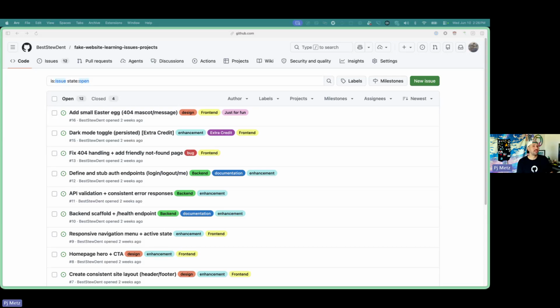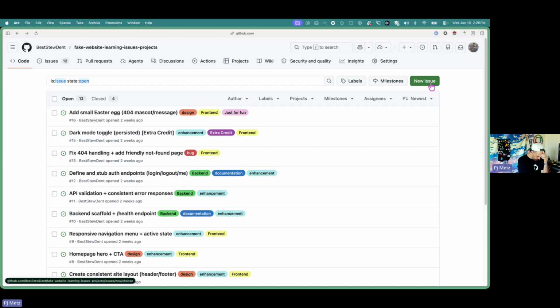But another way you could use issues is you could have a repository that's just a get help repository. And you could have an issue in there that students could open up, and you can use something called an issue template, which is a little more complex than what we're getting into today. But an issue template means a new issue when it's created automatically has some text involved in it.